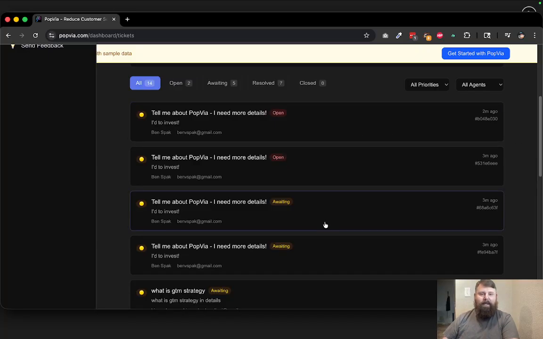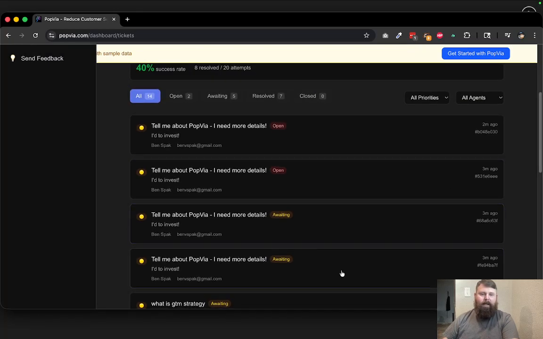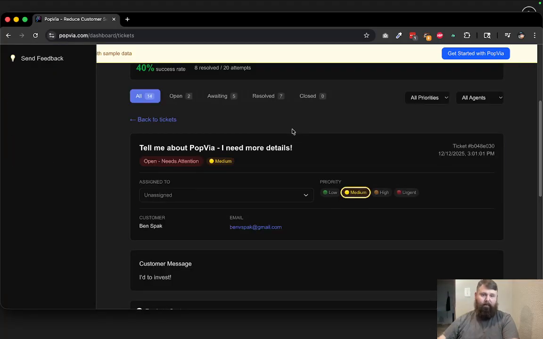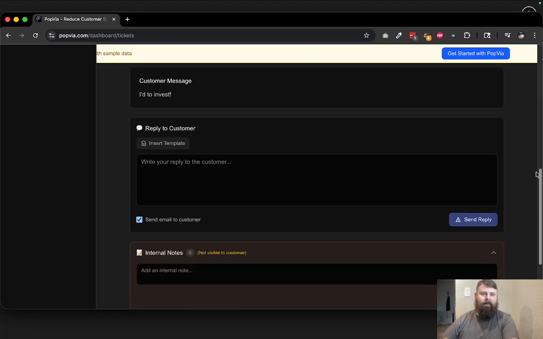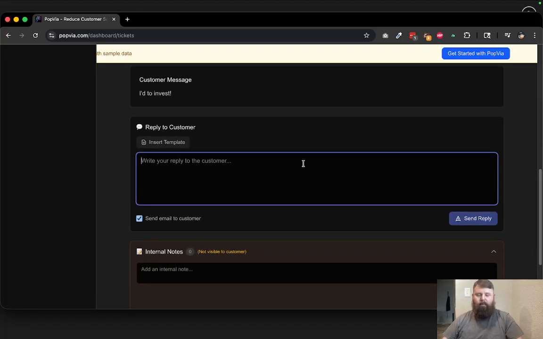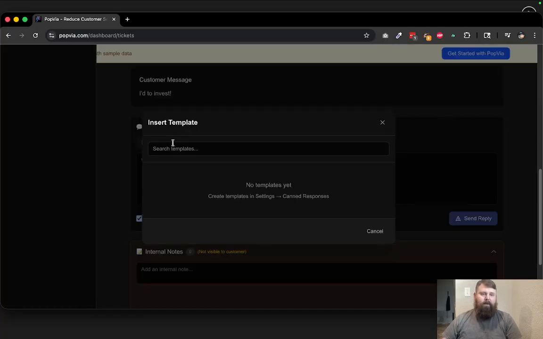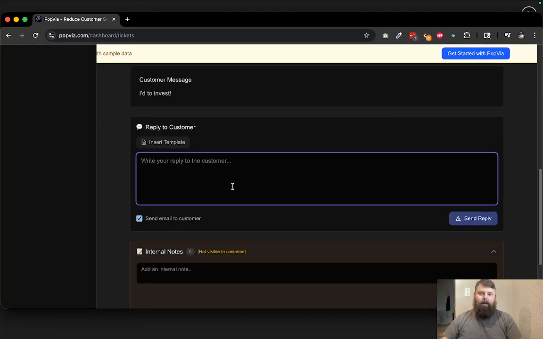Right here, we're seeing that there was an issue and these tickets were created. So let's go to this one, needs attention. We're just going to reply to the customer. As you can see, you could insert a template there, but we didn't create any templates yet. But let's just say,